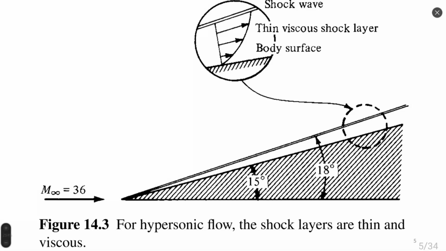So the angle of the shock wave is very close to the angle of the body, only 3 degrees apart. Inside this 3 degree gap, we have flow transforming from high supersonic or hypersonic velocity to zero flow velocity on the wall. Such a huge transformation, such a huge gradient of velocity